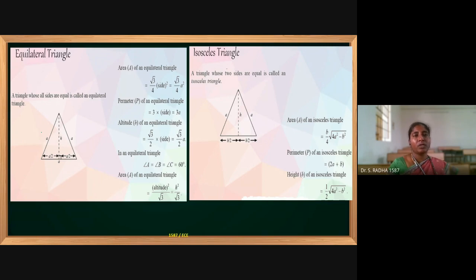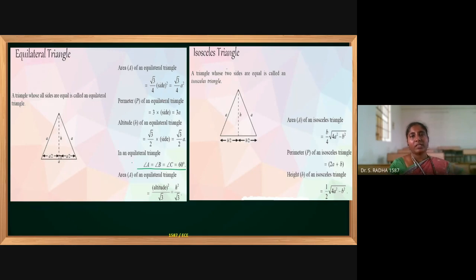But when we come to the problem, one thing you should understand: the sum of the angles inside the triangle equals 180 degrees, 60, 60, 60 inside the triangle. Now, all the formulas need not be learned by heart; we are just giving them if required. Whichever formula is required, we will use it.